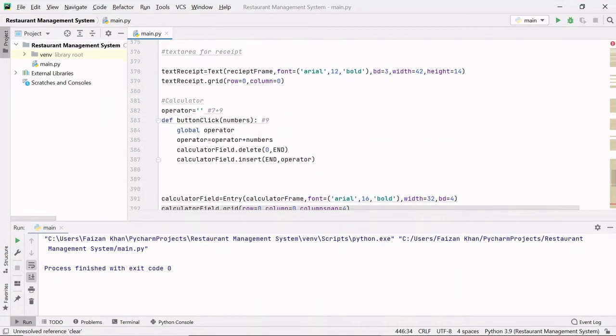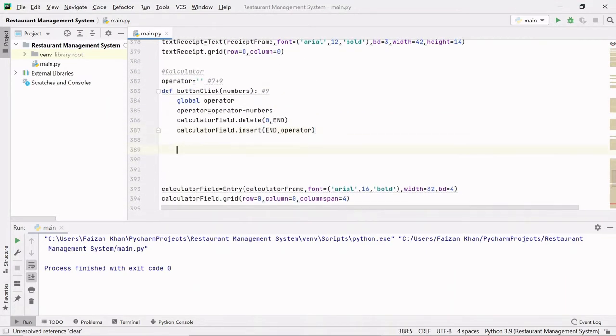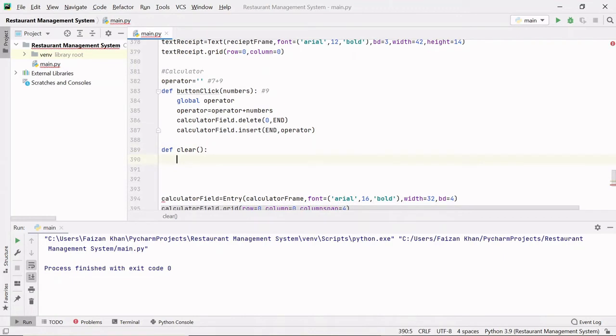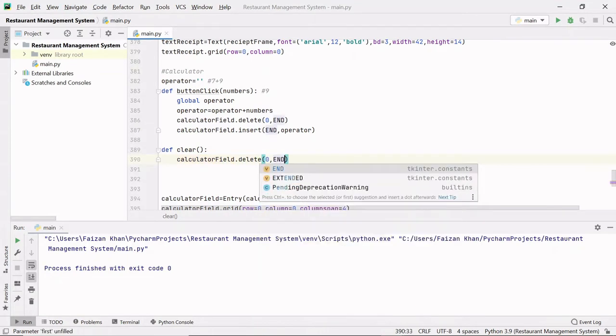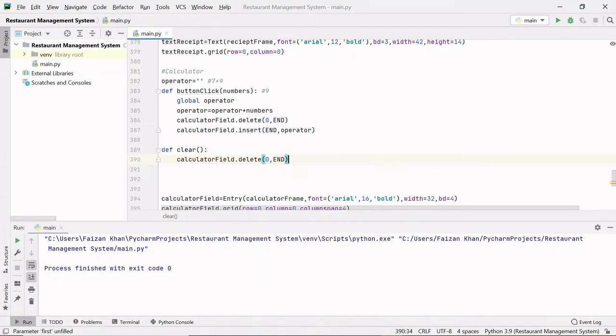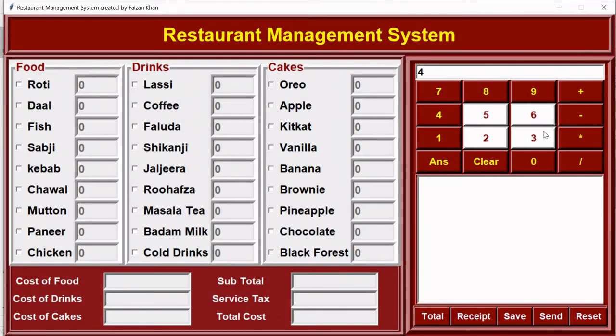Just after this button click function, I'll define another function, def clear, and here I will simply write calculator field dot delete from 0 till end. So whenever you click the clear button, everything from the calculator field will be deleted. Let's see. If I multiply 4 with 5 and I click on this clear button, you can see everything from here is deleted. But there is one issue.